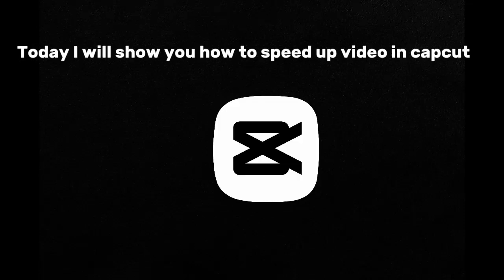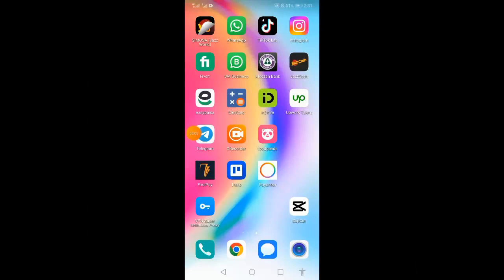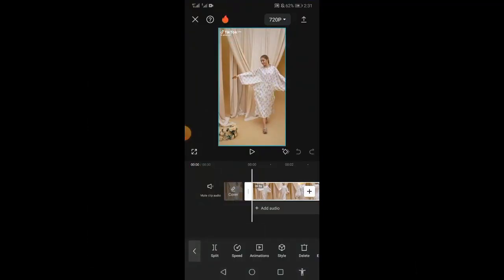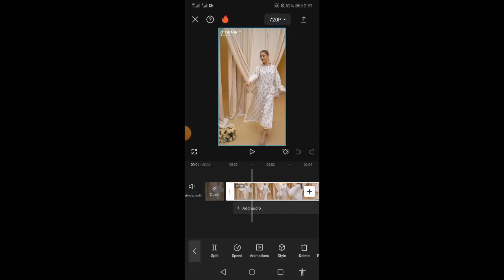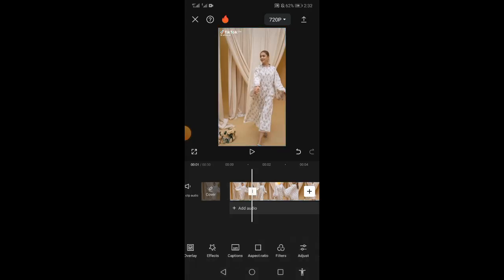Today I will show you how to speed up video in CapCut. You just have to simply go to the CapCut app, and I will already put the video. You can put any random video in CapCut. So just simply, in the half session of some part, the video will be split, and so you have to